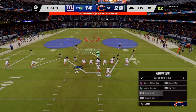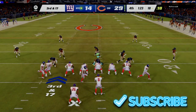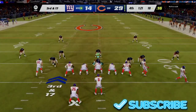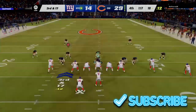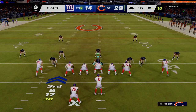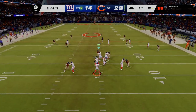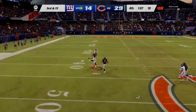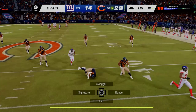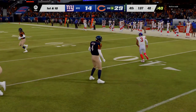After that sack, 3rd and long, tough spot for Jones and the Giants. Jones. Now a desperation throw deep downfield. And this is intercepted, and that should do it. Eddie Jackson picks it, and the Bears are going to...